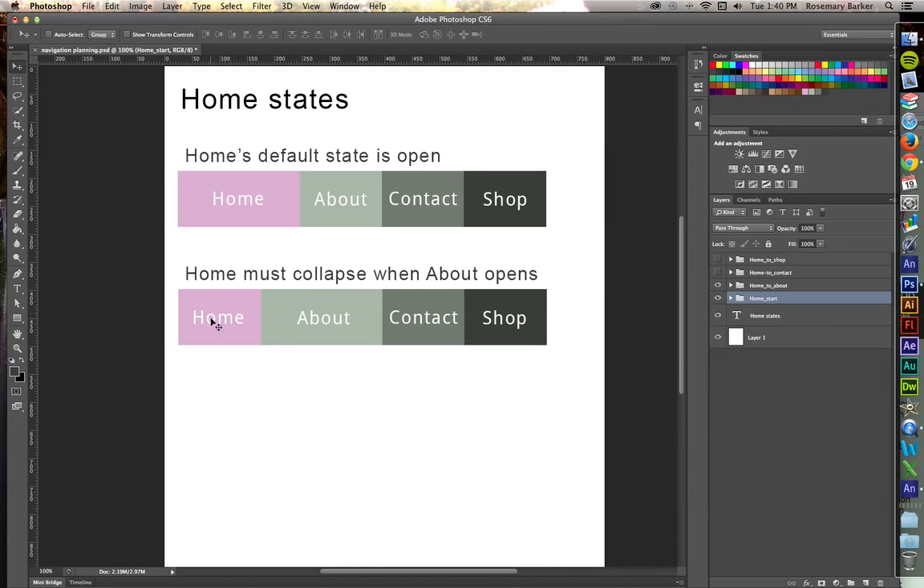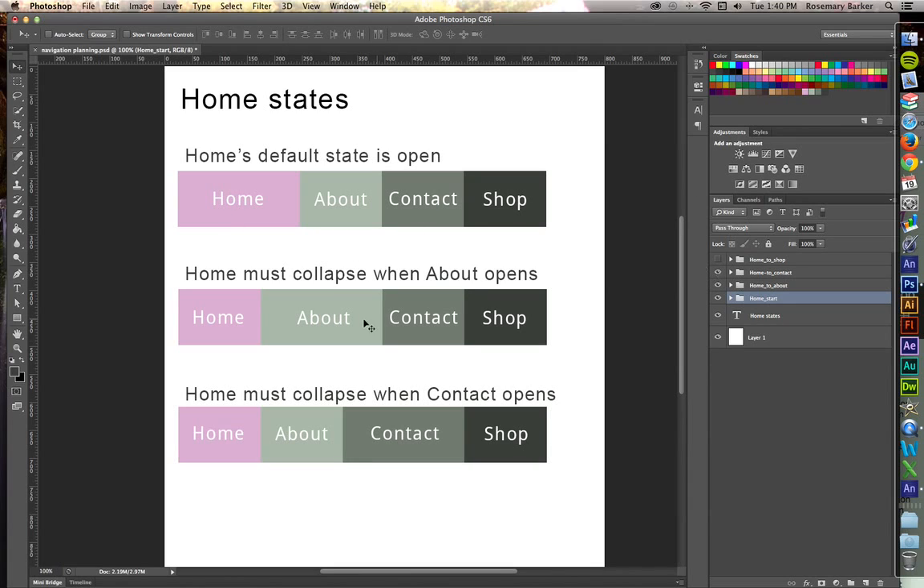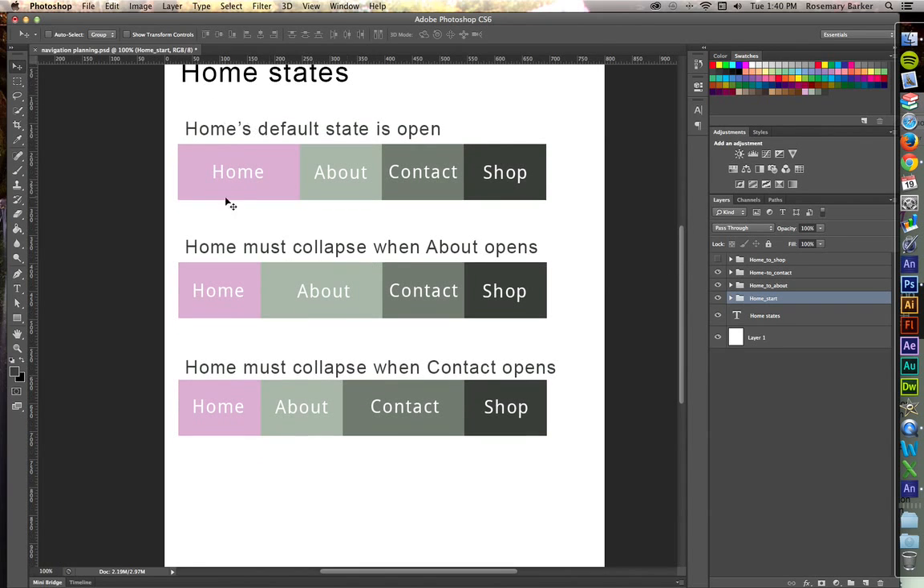Well, sometime when home is open, you're going to need to go directly to contact. So let's lay that one out as well. Home must collapse when the contact opens. Now the third thing that can happen when you're at home is you may need to go to the shop button. So if you hover on shop,